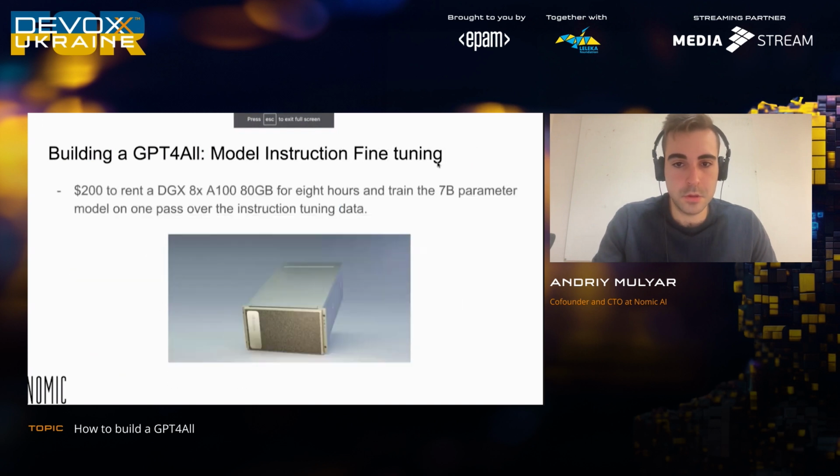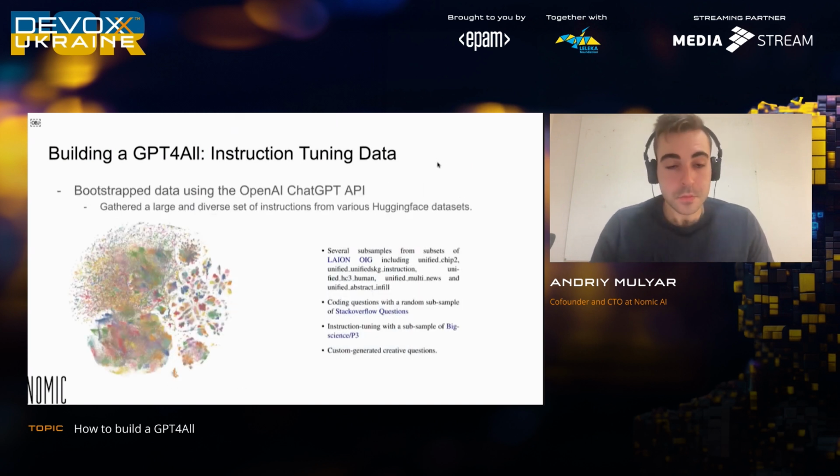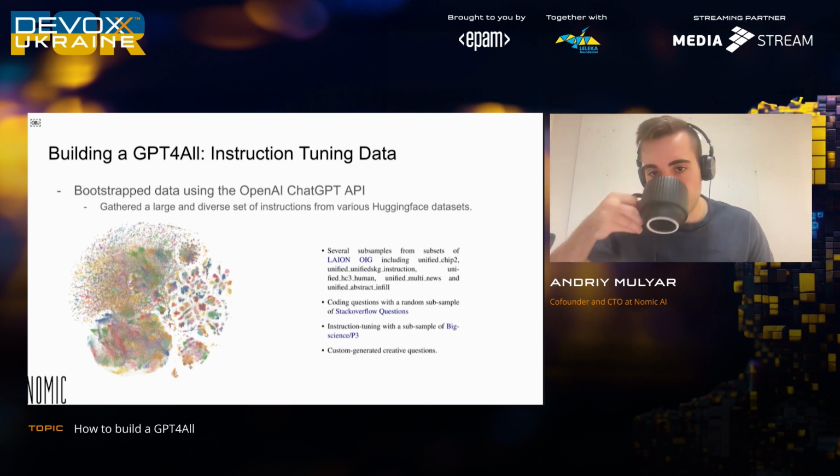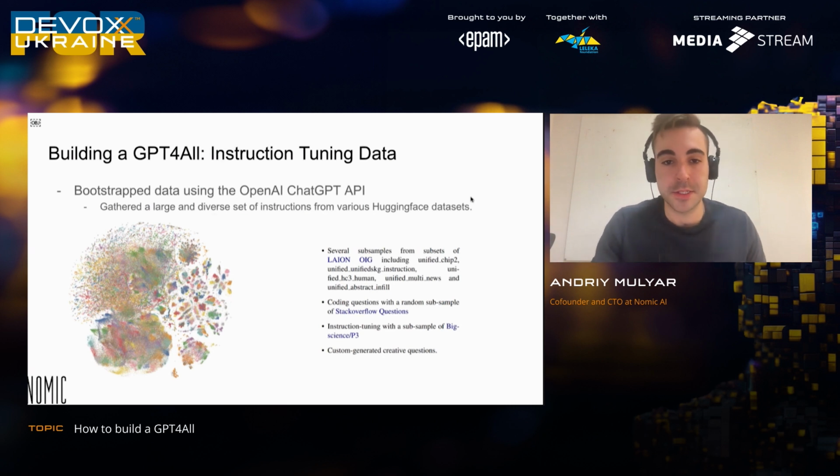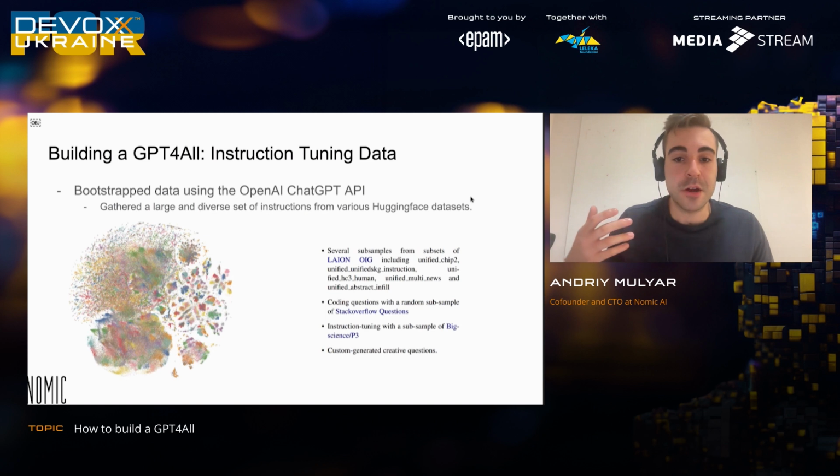Okay. So the basic idea is that you need lots of high quality curated data that matches the chat format if you want to get your own local large language model that you can chat with, just like you can chat with OpenAI's models. And in this specific model, as I said, we used multiple diverse types of data sets: coding questions, questions around general human behavior, these sorts of things.